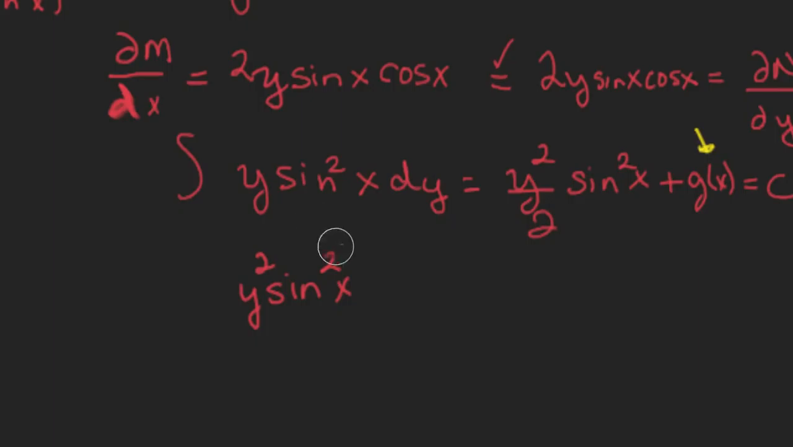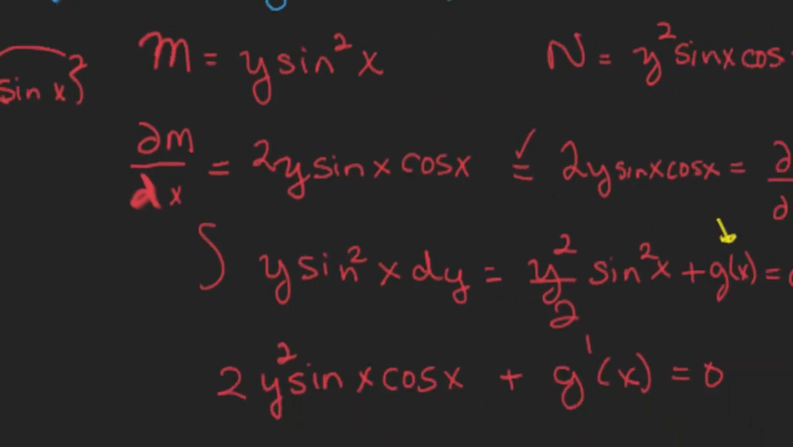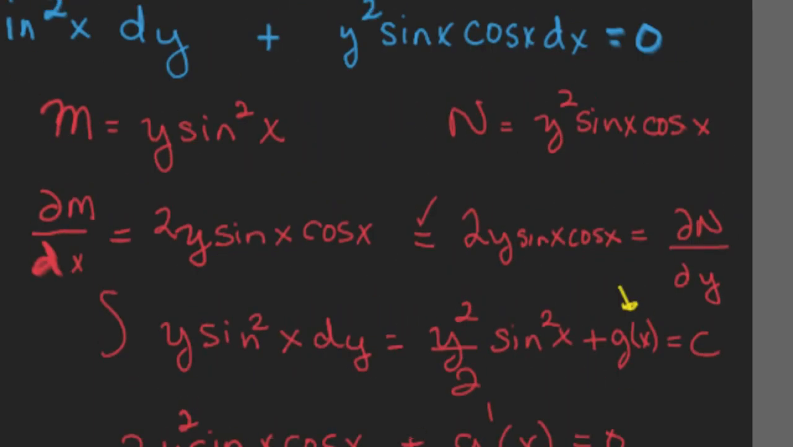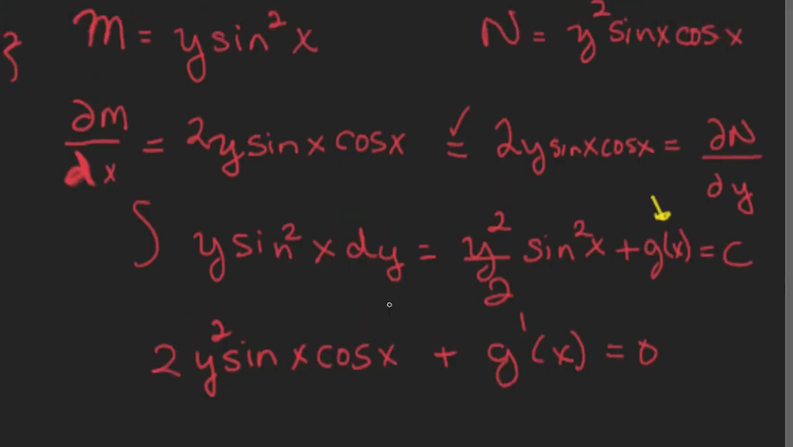That's going to become the 2 sine x cosine x plus g prime equals 0. And then we set this equal to the other expression, no, it's going to be N. And actually this 2 cancels with the 2 that was on the bottom. So when I do that,